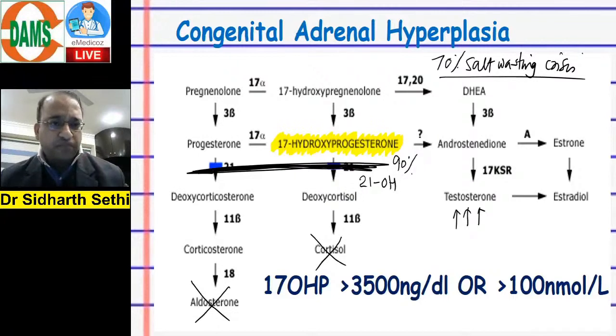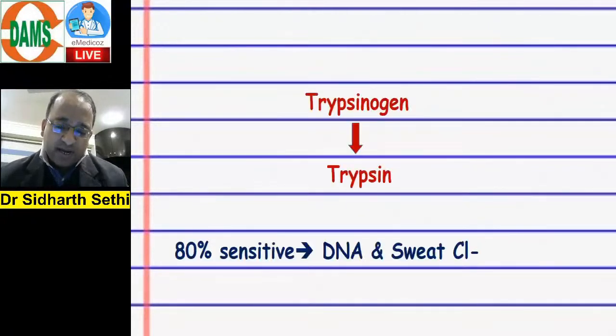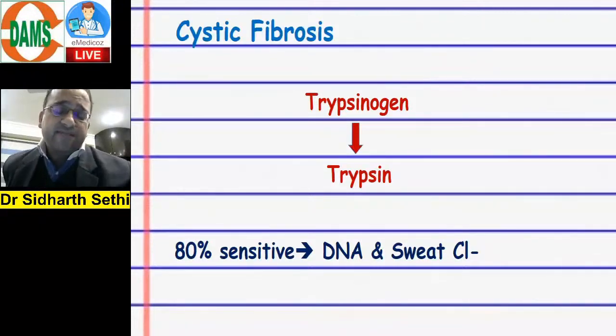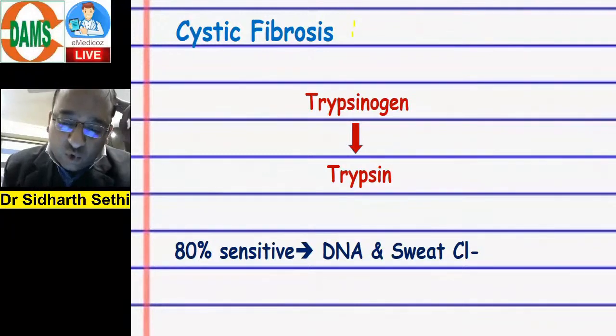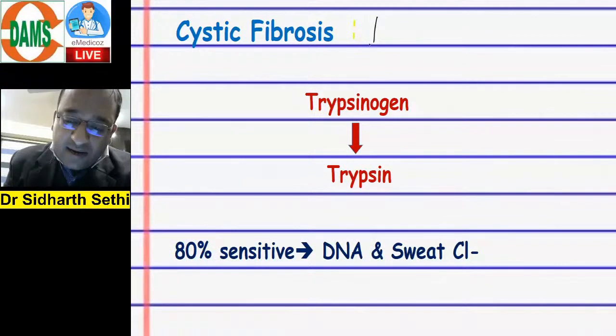Now, is it just about dried blood spot? Is it just about blood? No, guys, it is not just about blood. There are many other tests we can do. And the next test which I'll be talking about is cystic fibrosis. Cystic fibrosis is also diagnosed by a blood test. That blood test, 2 drops of blood we do, it's called IRT,